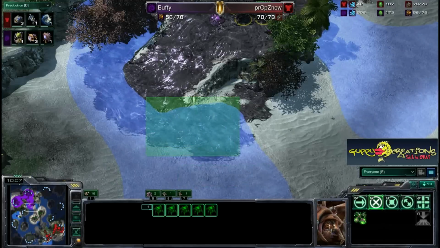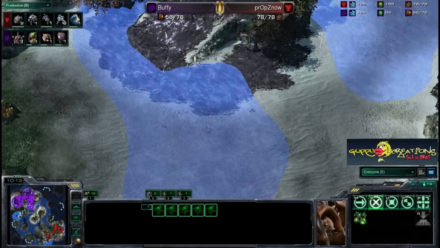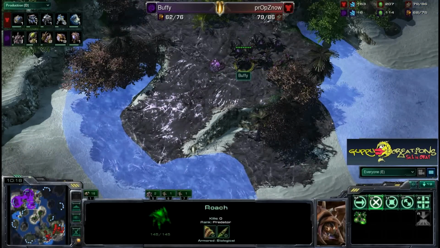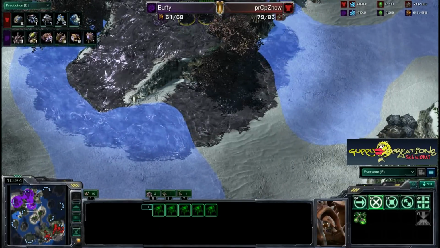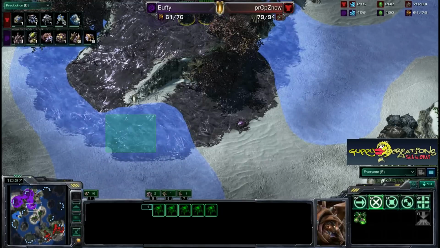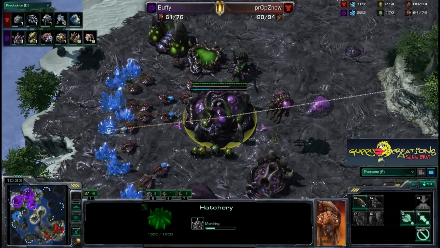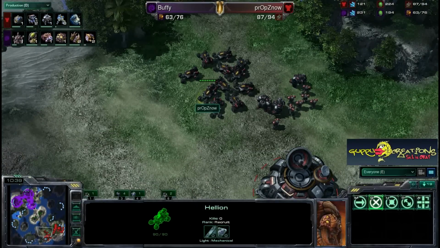Oh, here we go. Here's the creep actually spreading into the shallow water. It looks kind of interesting there, and you can see it crawling up onto the land. That's very, very interesting, and these roaches will be moving very quickly through there. I imagine it'll probably look pretty weird to see those roaches running around on the creep on the water, especially if it gets the roach movement speed increase. He is getting his lair now, so it will be still a couple of minutes before we see that, but